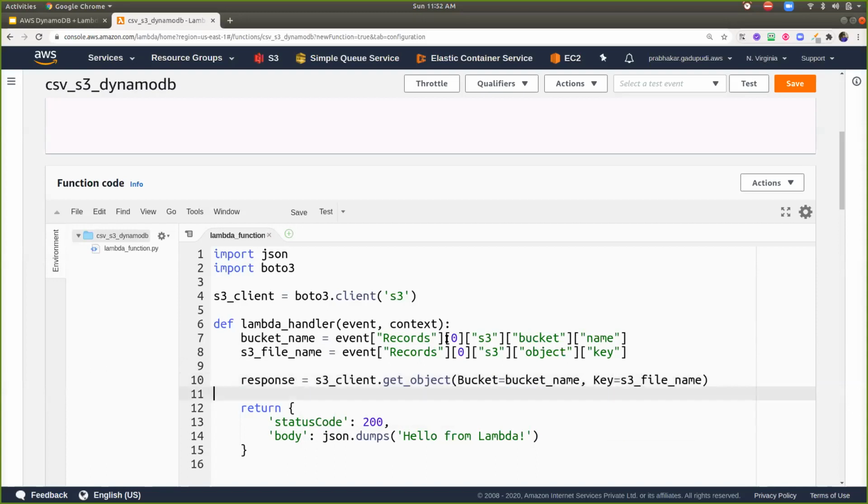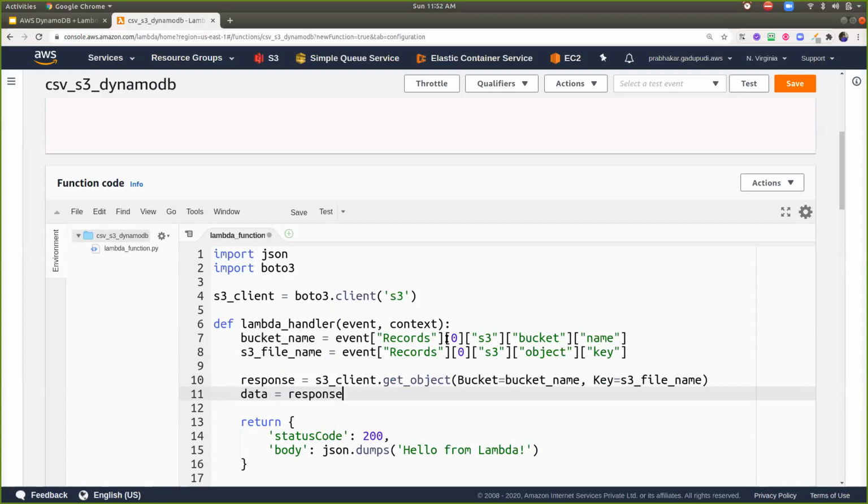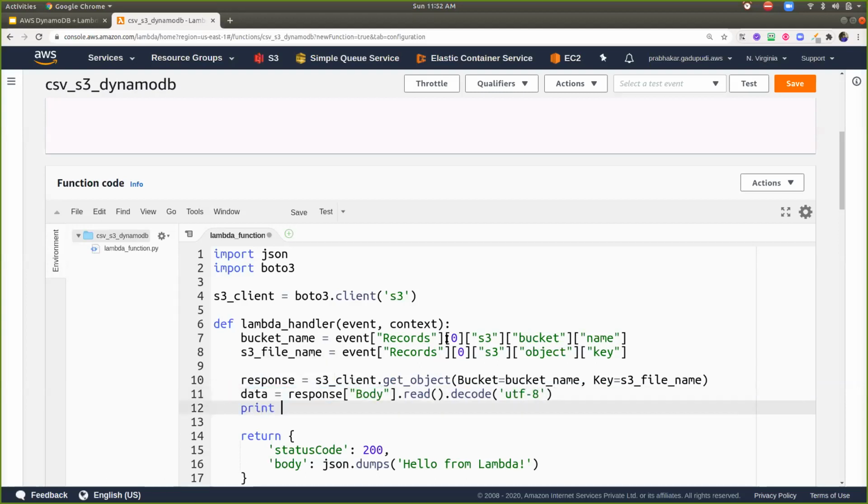Now I read all the response from that S3 content, and next I can read the data. I can say response of body, read the data, and once the data is read, I can use the decode option, decoding it as UTF-8. Here I'm printing the data.